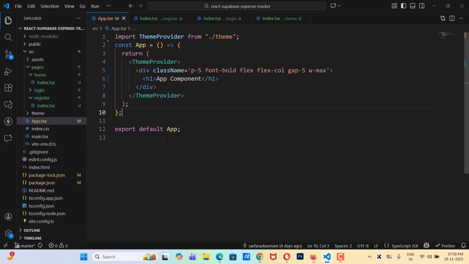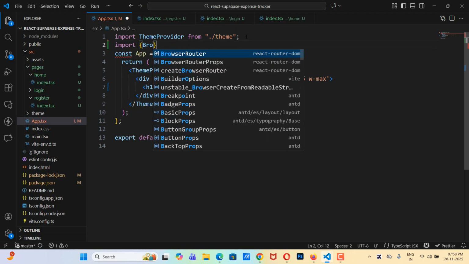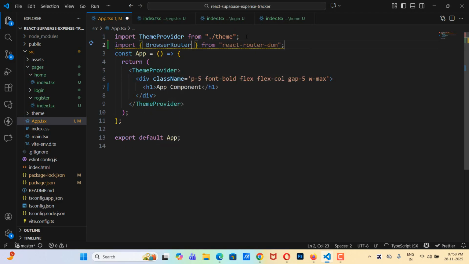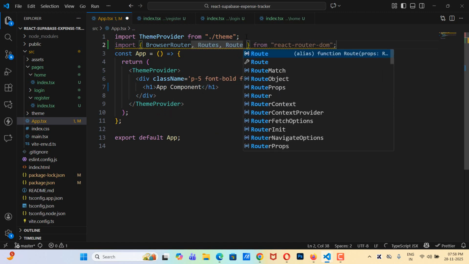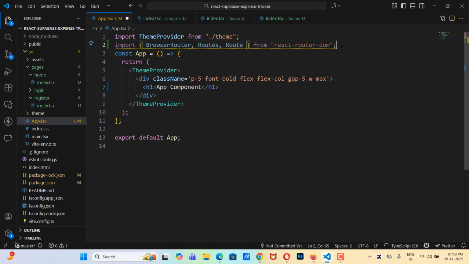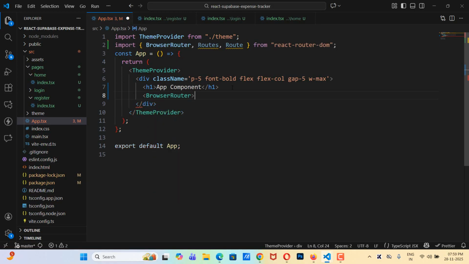Let me close this, and here first we are going to import BrowserRouter, then we need Routes, then we need Route from React Router DOM. Okay, then here I'm going to take BrowserRouter, and inside BrowserRouter I need Routes,